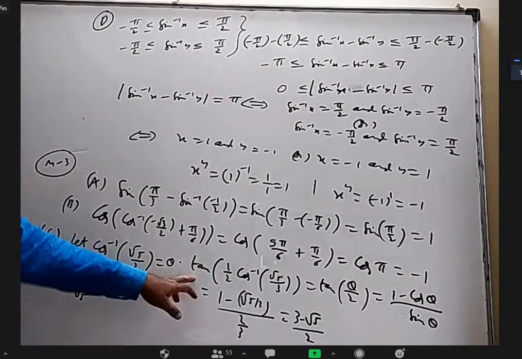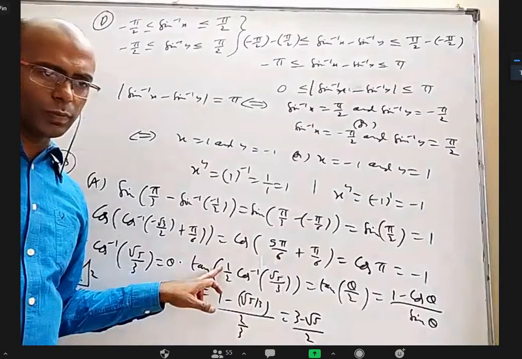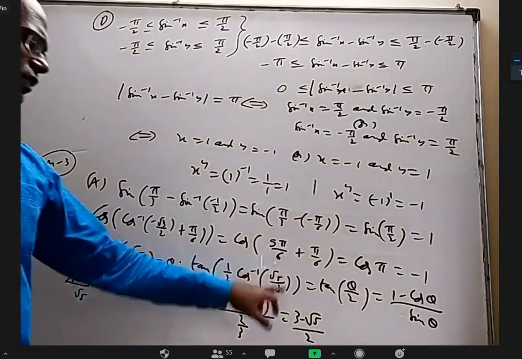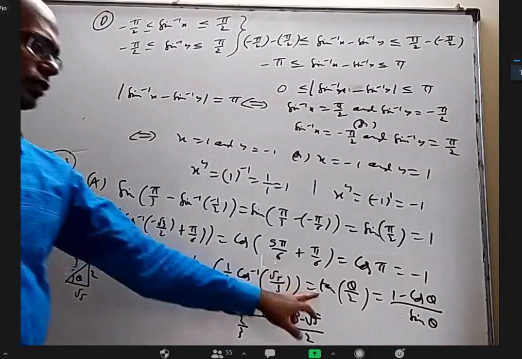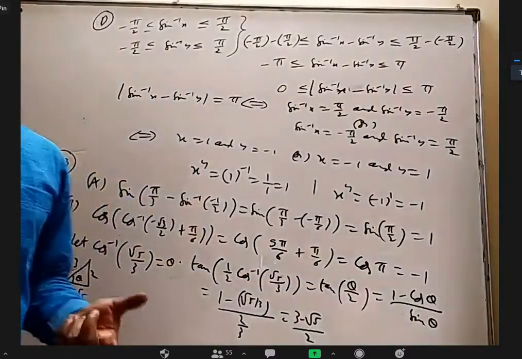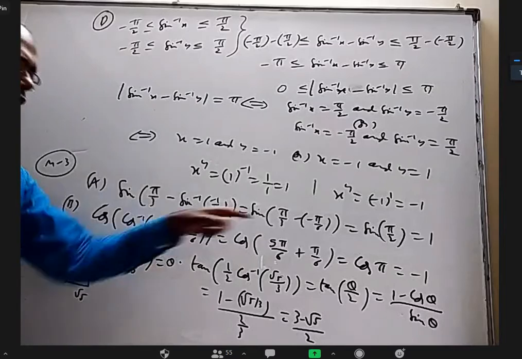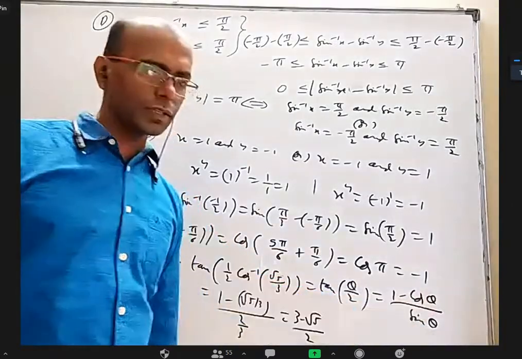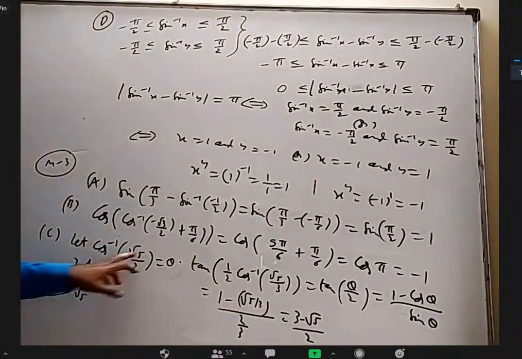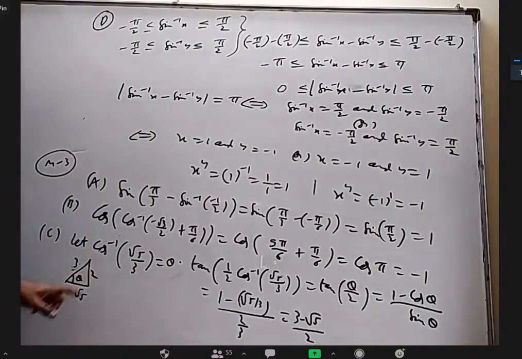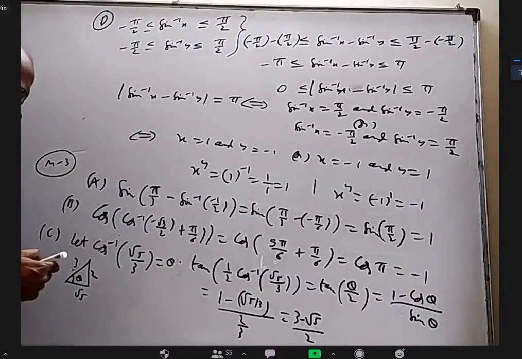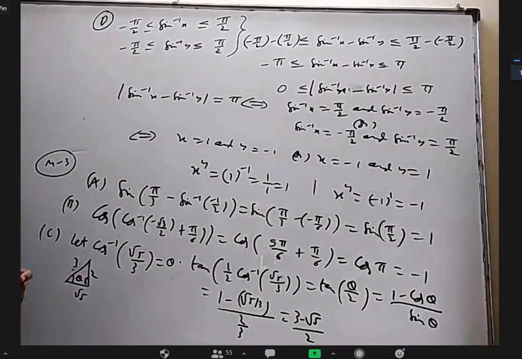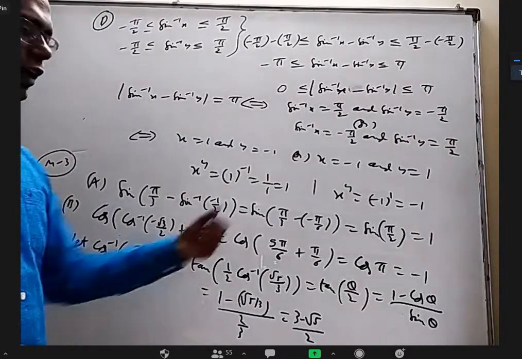Here, as such, we don't have any formula. If you have two here, we may have some formula or something like that, but not here. So cos inverse part, you take it as theta. The question becomes tan theta by 2. Now it is a trigonometric question that you know cos theta, how will you find tan theta by 2? Tan theta by 2 can be written as 1 minus cos theta by sin theta. Cos theta, you know root 5 by 3. Try to construct the triangle. You will know sin theta, substitute it. So basically, it is a simple trigonometric question where cos theta is given, find tan theta by 2.